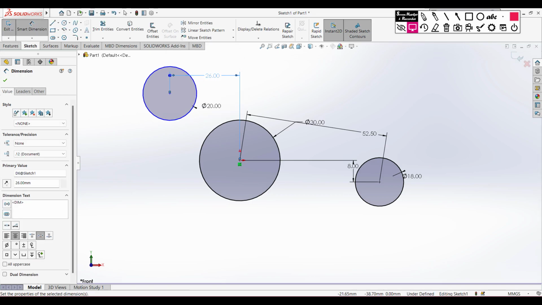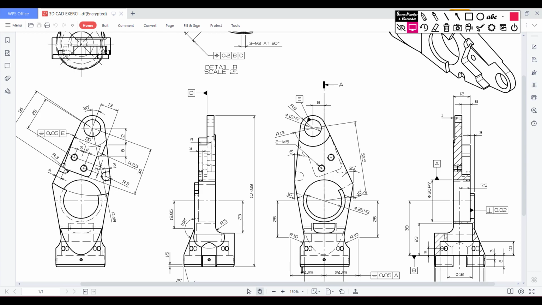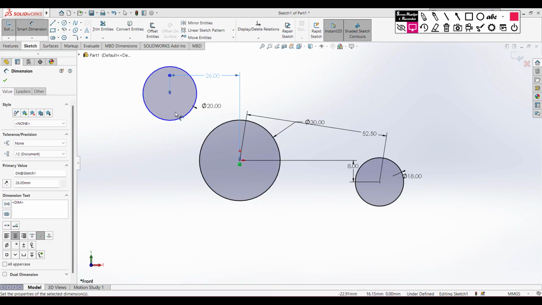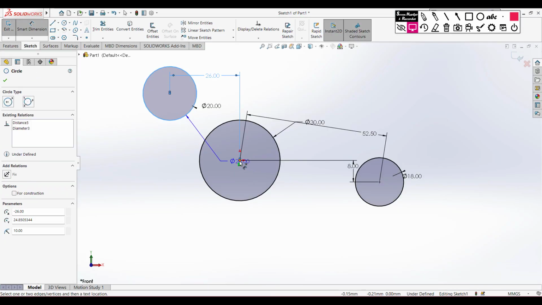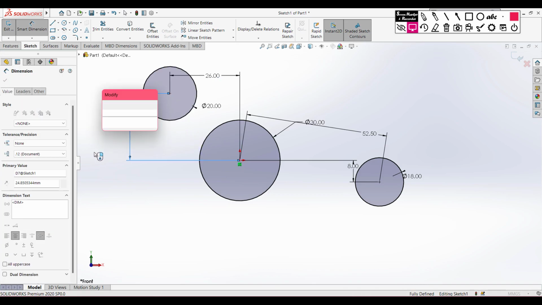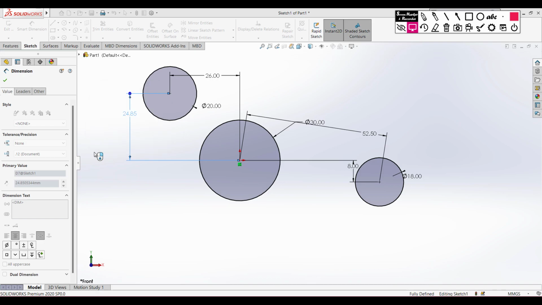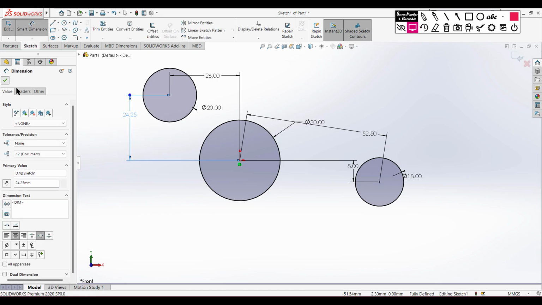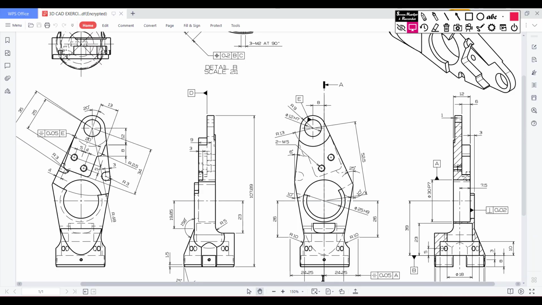After that we can see that this distance is 24.25 units. So from this line to this line the distance is 24.25 units. Now press OK. So in our case we have the same drawing in this portion also, so